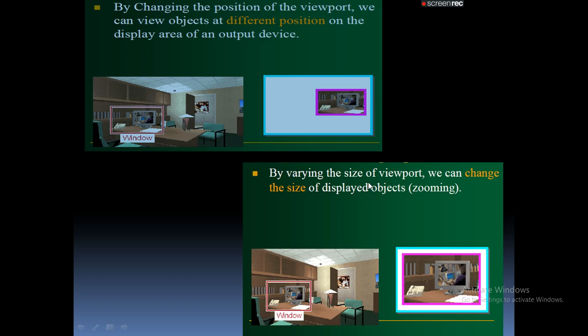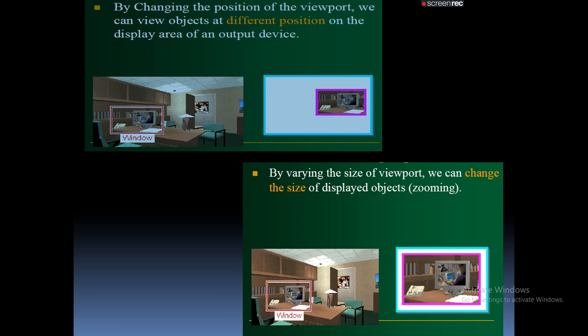This is one more note. The next note says that by varying the size of the viewport, we can change the size of the displayed object. This is called zoom in, as we learned in the third and fourth lab programs, how to perform zoom in and zoom out. Please observe the mouse pointer. The size of the clipping window is very small here, so I am displaying that object with a very small size. If I increase the viewport size from the first diagram's right side to the second diagram's right side, I will get a larger size of the particular object on the screen of the monitor.